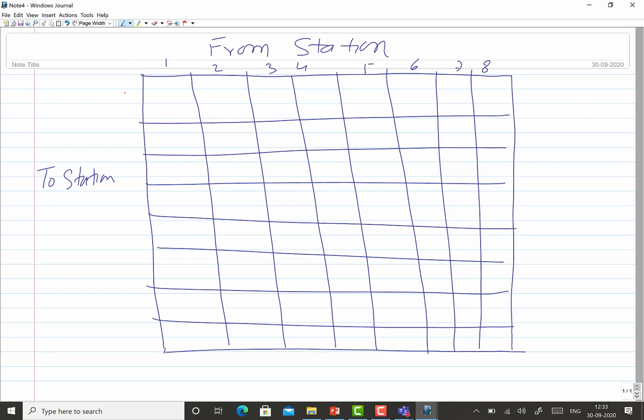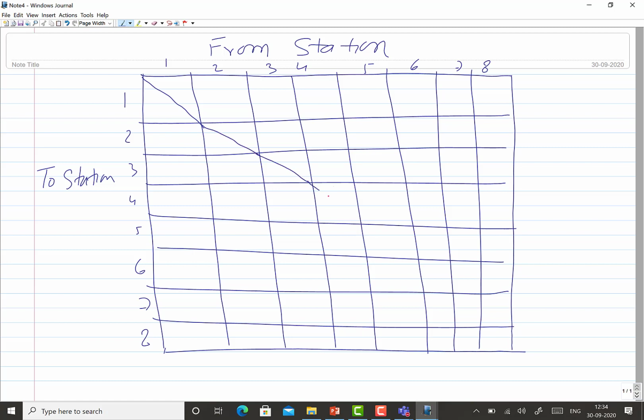And then here we write the to stations, from stations 1 to 8 and then here 1 to 8. So these are the to stations. Movement from 1 to 1 cannot take place, so obviously this will be crossed. Similarly, movement from 2 to 2 cannot take place, so this will be crossed.